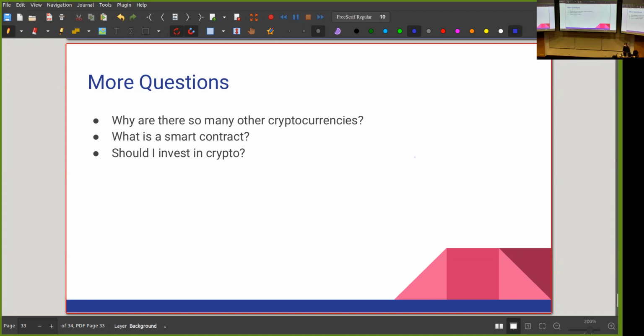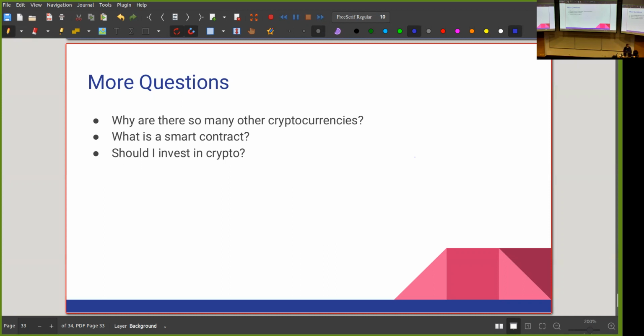But some of them actually exist because they have better alternatives and better choices for some of the things that Bitcoin has done wrong. So for example, we have cryptocurrencies that don't use as much energy. We have cryptocurrencies that don't use proof of work. They use something else called proof of stake mostly. And so they're more efficient. Some of the other cryptocurrencies that exist actually make it so that we can reach consensus faster. So they're useful in that sense. And yes, most of them are just not useful, honestly.